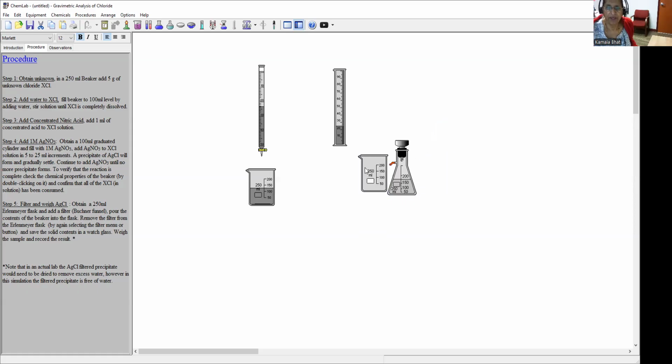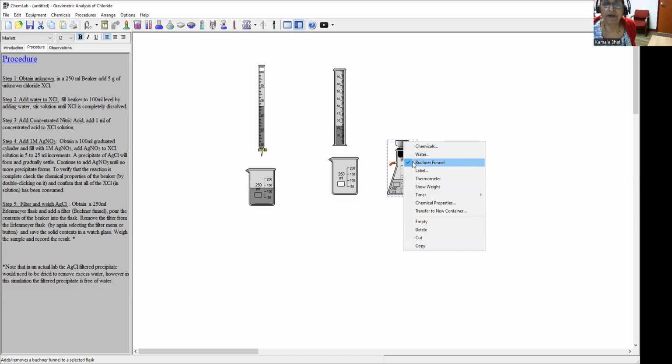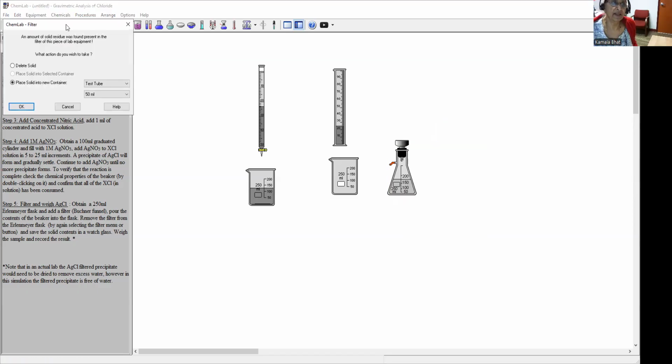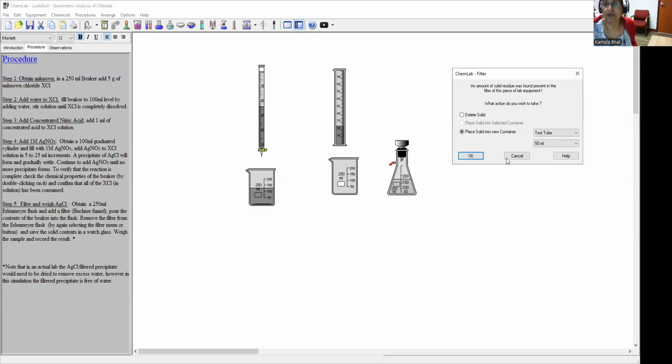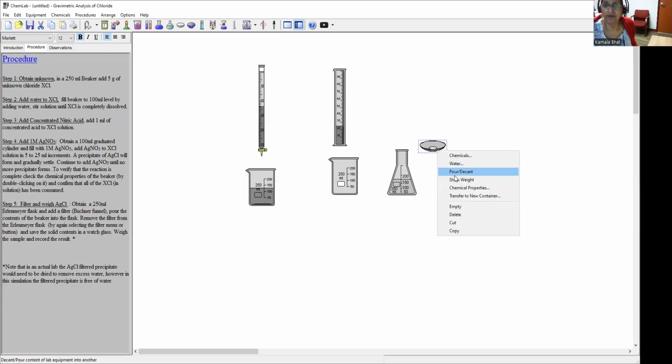so now we know that the silver chloride is in the Buckner funnel. So highlight the Buckner funnel, remove that, and then the drop-down menu box will ask you where you want to transfer the silver chloride into. So go to the watch glass or evaporating dish, whatever you like. You say watch glass, click on that, and you click on the watch glass or the test tube or whatever you have selected, and then say show the weight, and it will show you the weight of the silver chloride